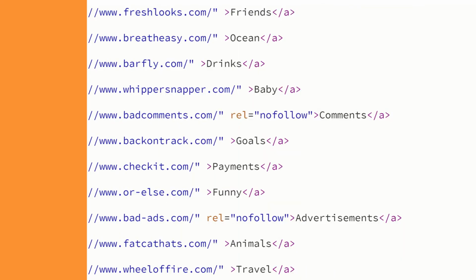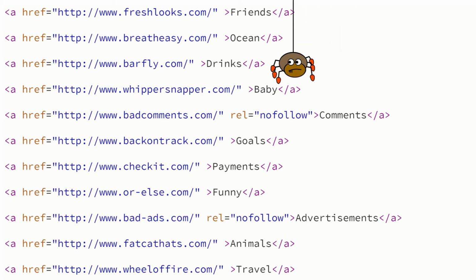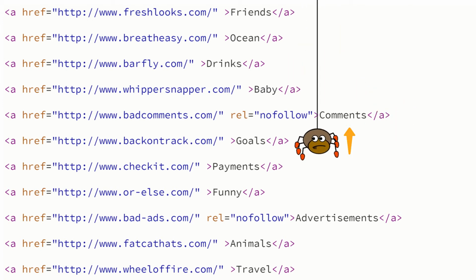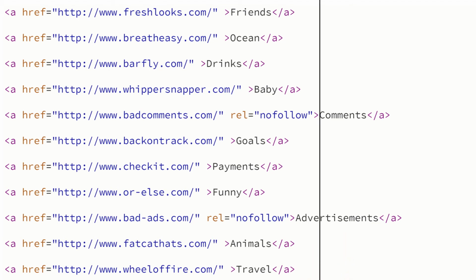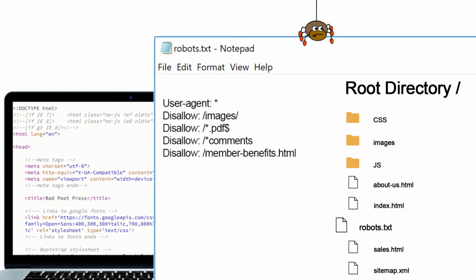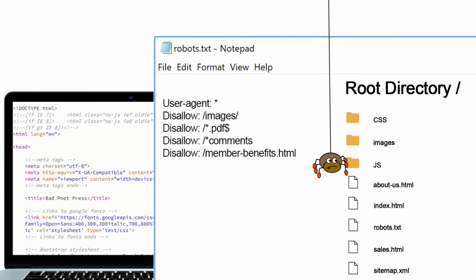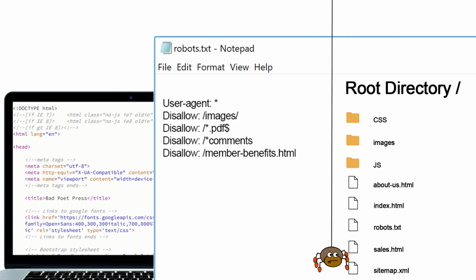Again, these disallow directives are an incredibly useful tool to direct your crawl budget to your best and brightest SEO content. To prevent search engines from indexing unhelpful content is a great way to make sure that they are crawling and indexing the right content to skyrocket your SEO efforts. But always be careful, because using error-ridden or improper uses of disallow can damage your SEO. So be sure to implement it wisely.